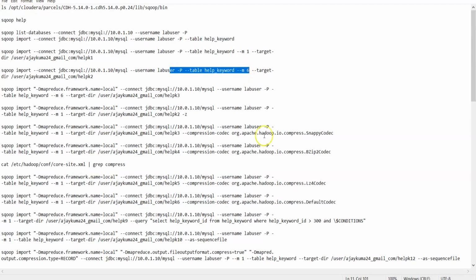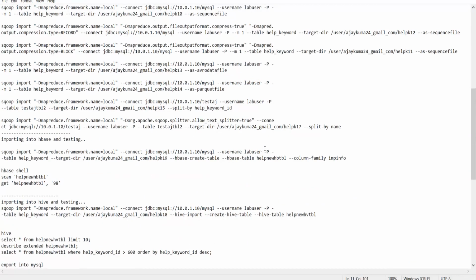Now, if the table does not have a primary key column, then I could specify a split-by and then specify the column so that the data could be split into multiple chunks and multiple map tasks could take it. The second scenario is your table does not have a primary key column and does not have a numeric column on which you could do a split-by. In that case, if you would want to use multiple mappers, you could still say split-by on a textual column, but you will have to add this property so that it allows splitting the data which is non-numeric. All of these options are given in the sqoop.apache.org link.